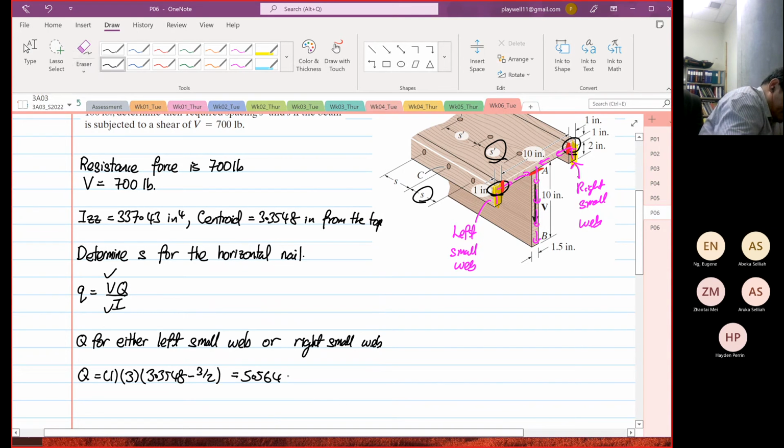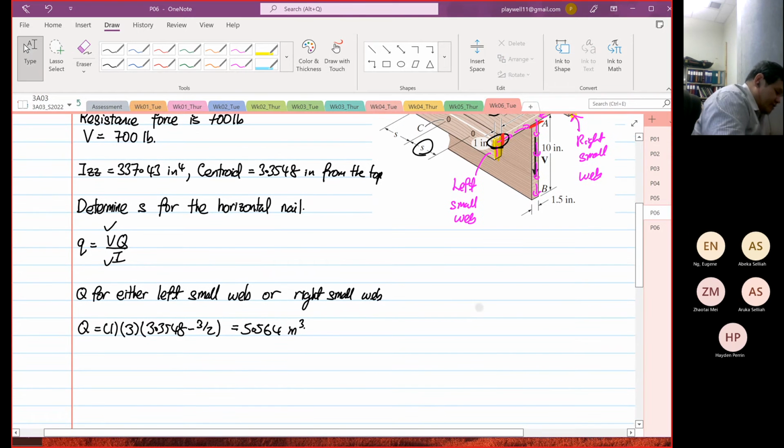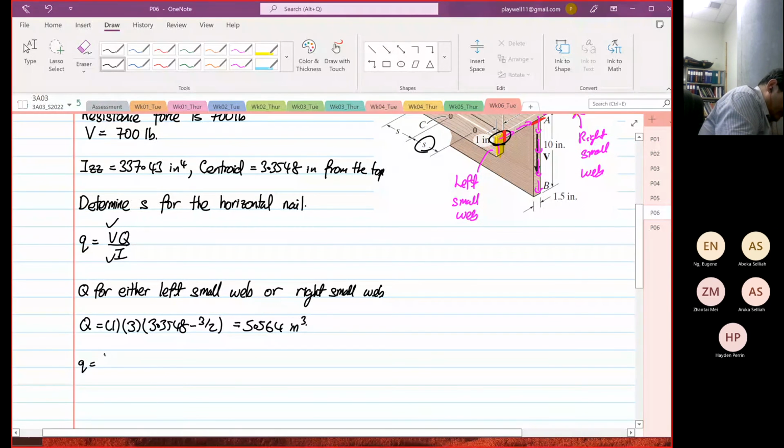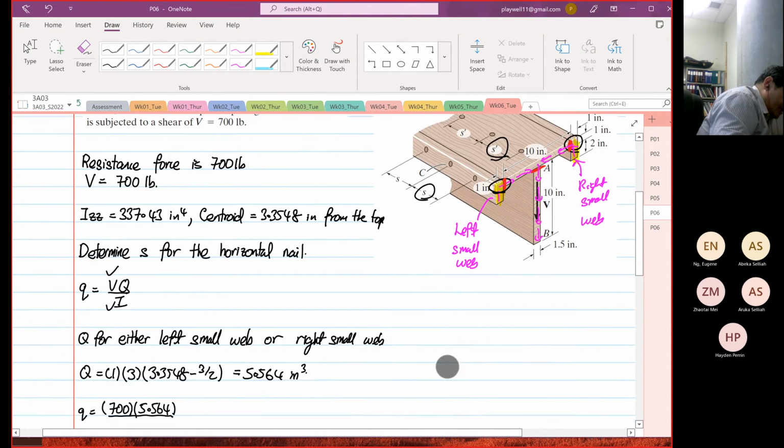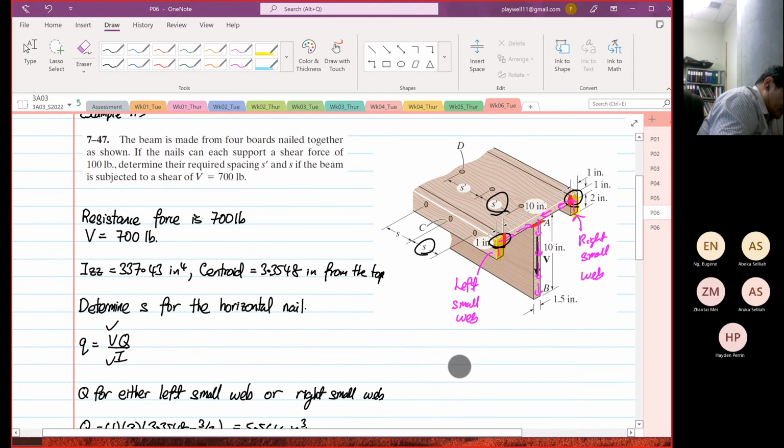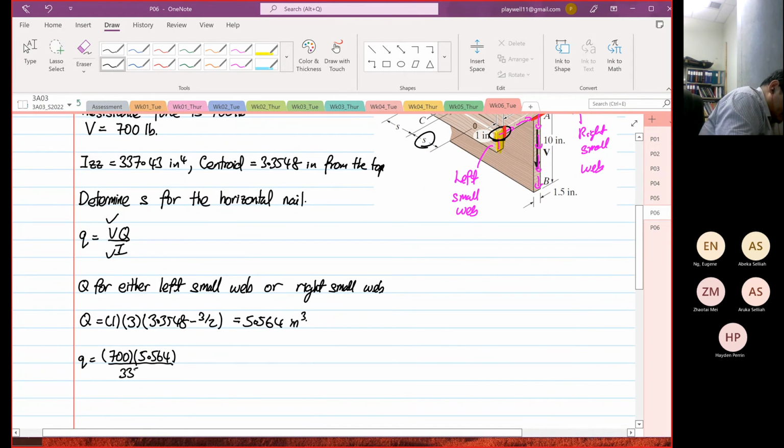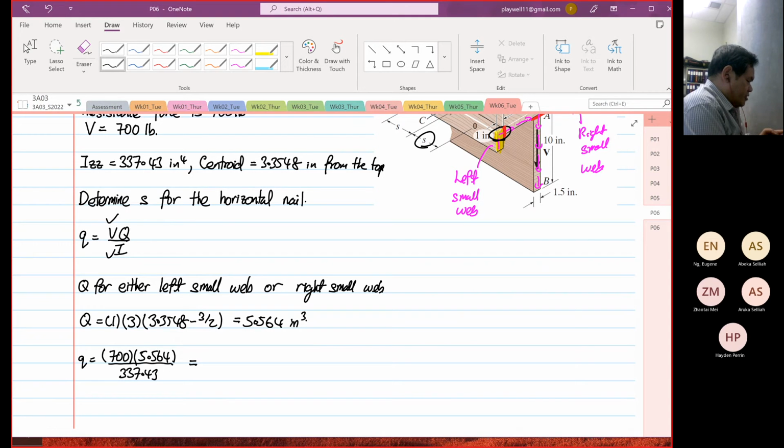5.564 inch. So once you have this, everything is easy. So Q is equal to V, which is 700, times Q, which is 5.564, and then divide by I, which is equal to 337.43. So this is equal to 700 times 5.564 divided by 337.43, which is equal to 11.54